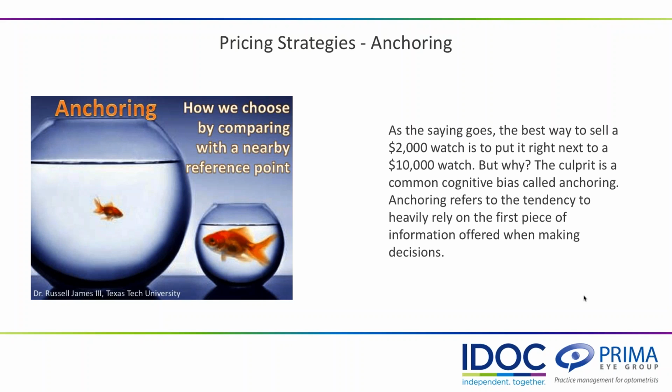So one of the strategies that I find to be very effective is one called anchoring. You have a look at this. It'll give you some ideas of how anchoring works in a different industry, but the suggestion is that you suggest a price at a higher price point than you anticipate your patients or customers actually purchasing. The little cognitive bias that adjusts a patient's expectations sets them up to purchase a better pair of glasses